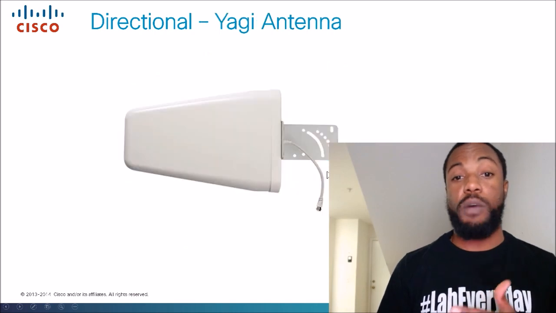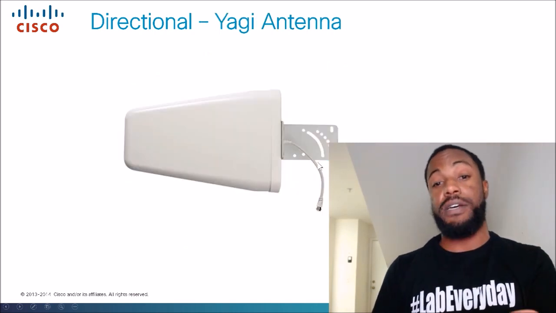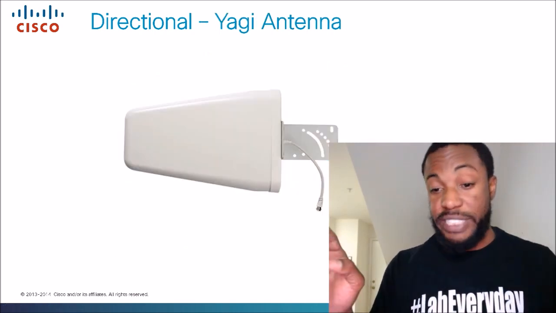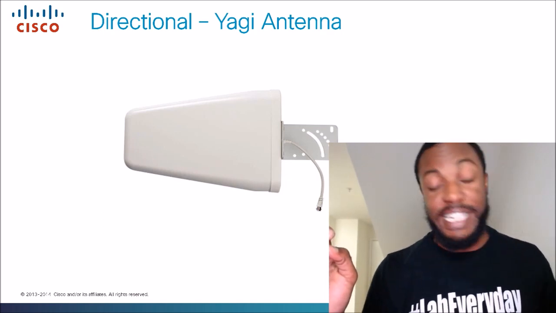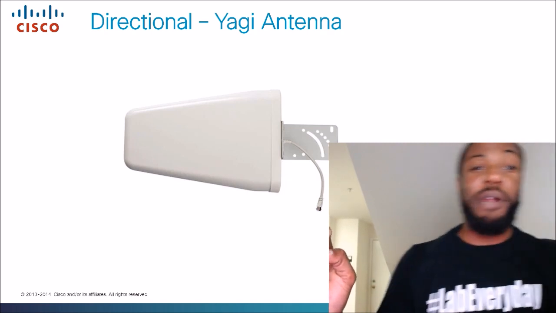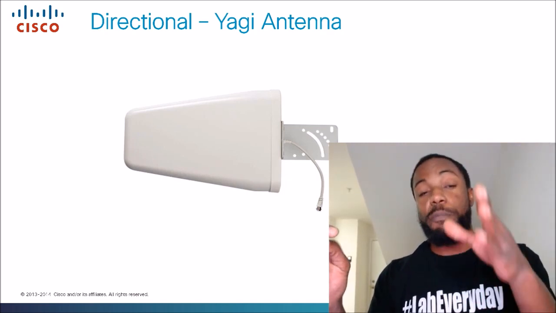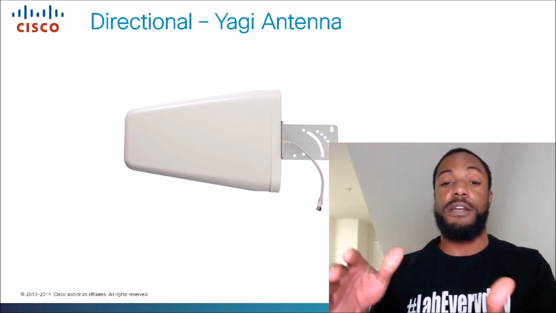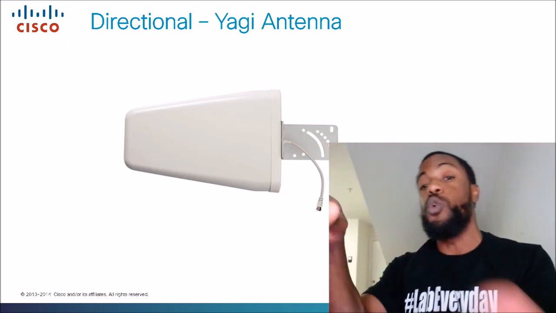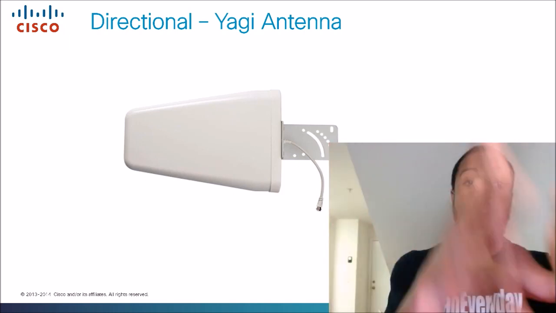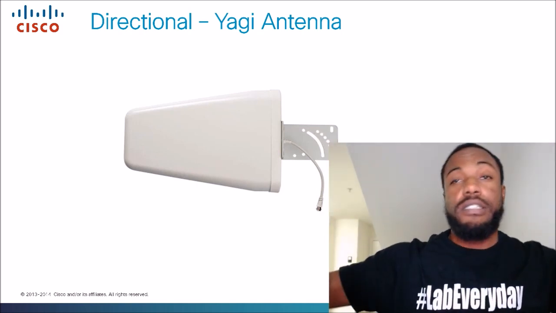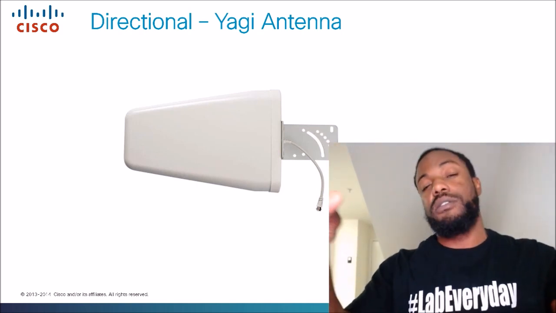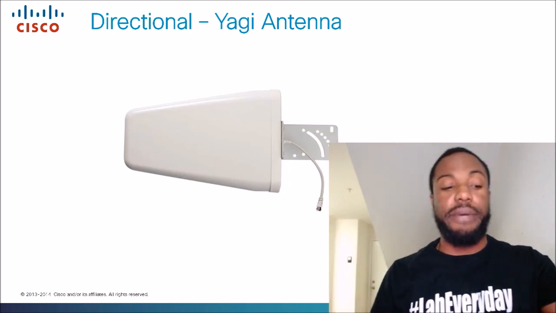An example of that would be a Yagi antenna, which is what you see right here. Don't say Yogi. I did that in a job interview before. Needless to say, I didn't get that job. But anyways, a Yagi antenna is a directional type of antenna. It takes the signal and focuses it. So you would want to use this in, say, a hallway, that way you're not spreading it out past the walls. If you have lead walls, it'll stop the signal from going across anyway. So anyway,